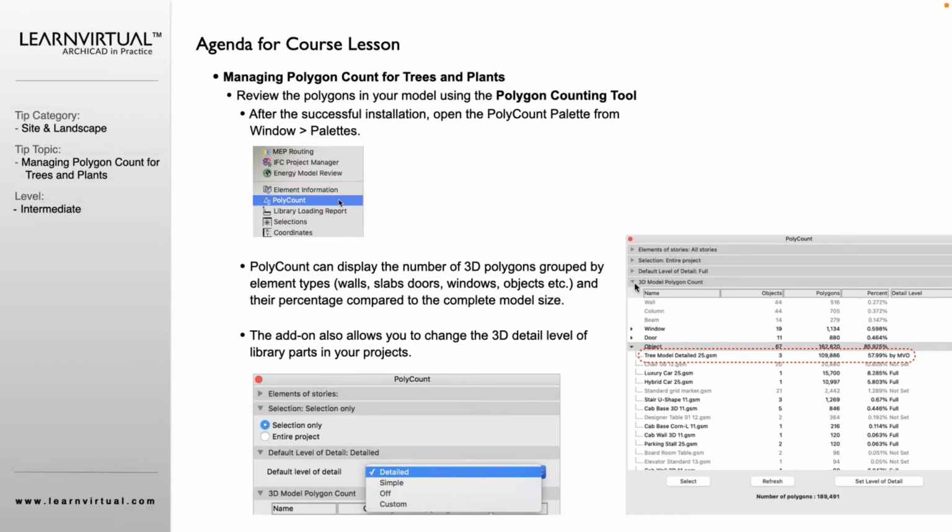If you go to the 3D model polygon count here, it'll show you the various objects we have, the polygons of those objects, and the percent of those polygons for the entire model. You can see that these are actually ArchiCAD trees, 3D model trees,